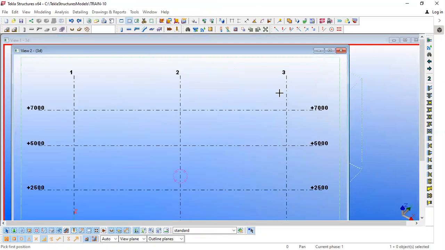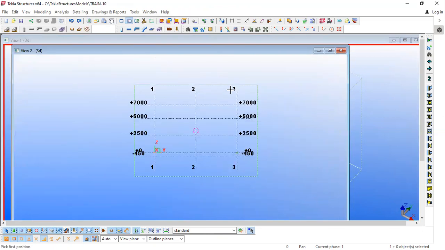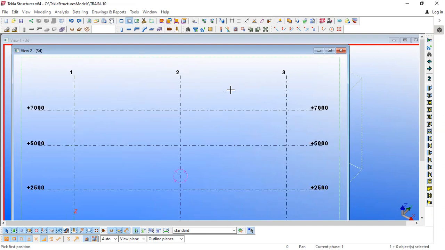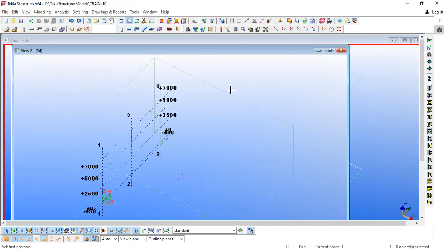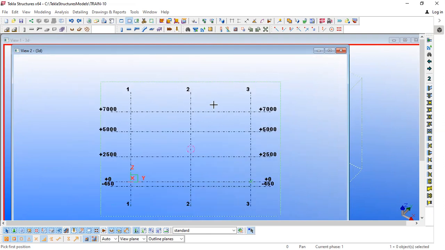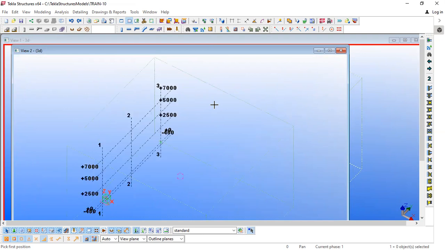You have to press Control P for 2D view and Control P again for 3D view, 2D and 3D. So this is Control P. On your keyboard there will be a Control key, and you have to hold that and press P. Okay, so you will get the plan view. Now again you have to hold and press Control P, then you will get the 3D view.